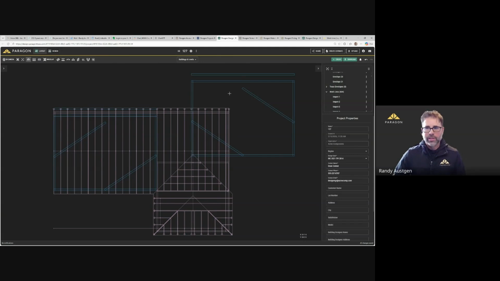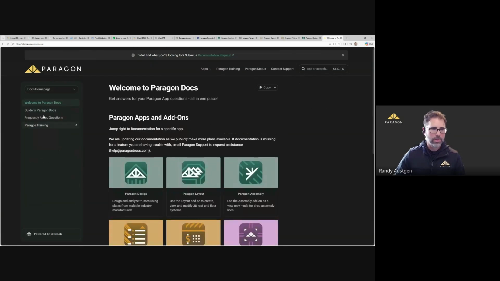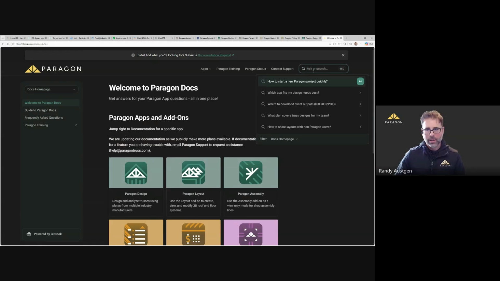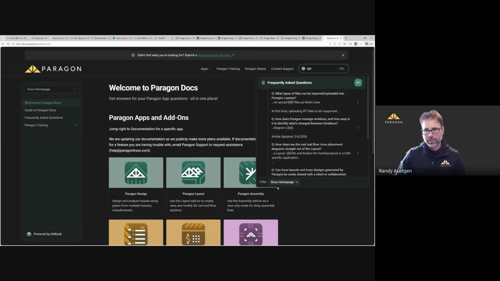That's right. Seth commented on the doc site and using help, using the search function. You noticed here when I first came to the doc site, you go to the docs homepage. If you type into here, and again, what did we look at? We typed in DXF. By default, it's only looking at your current page.